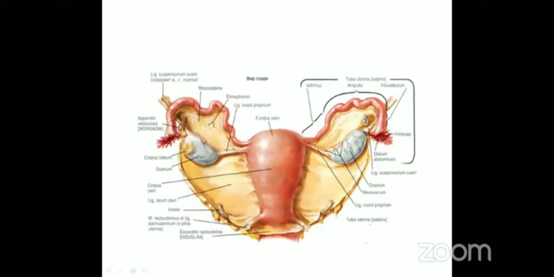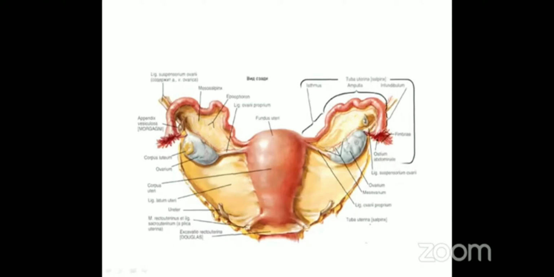This is the broad ligament, which will contain the ovaries, which are on the posterior side. Remember, ovaries on posterior side, and there are ligaments: the suspensory ligament laterally and the ligament of ovary medially along its medial pole. And this is the fallopian tube. This is the fimbriated end, and these are the different parts of the fallopian tube. So generally the specimen of uterus is with the ovary and the fallopian tube.